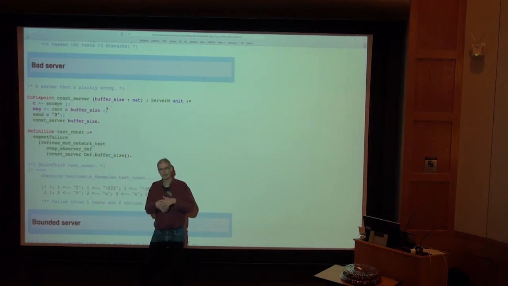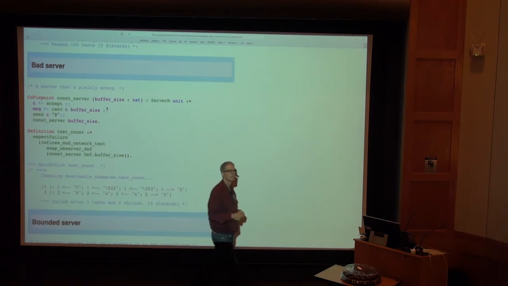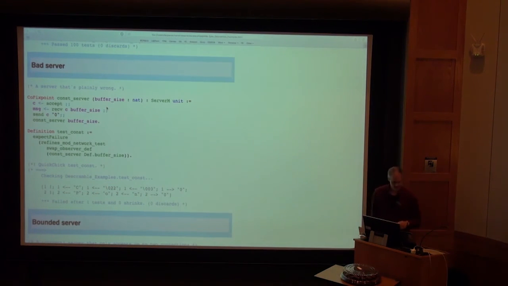So we randomly generate behaviors by exploring this computation tree. And if you think about that, it makes it clear why it would be hard to shrink such things. Right, because you can't just knock something out of the middle because that was a step that you had to take in the computation tree to get to the things that came after.